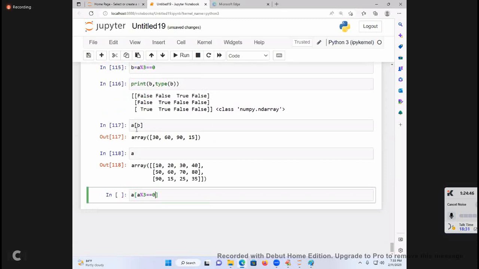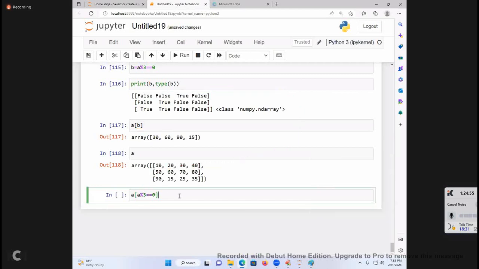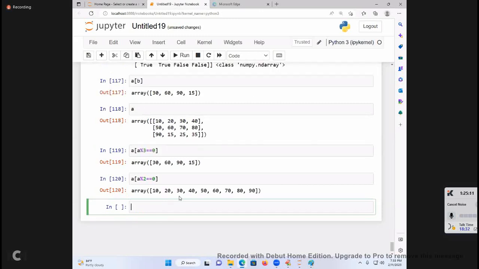What is this B is equal to, students? B shortcut, you directly write there. What is the answer? Same answer. Easy. Now A of, I want to get the multiples of 2. A percent 2 is equal to 0. Yes.